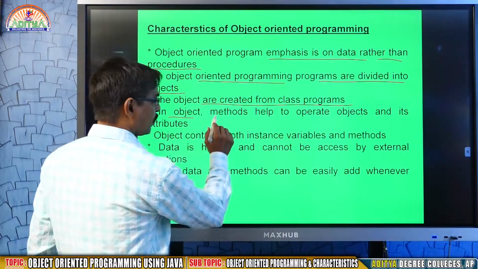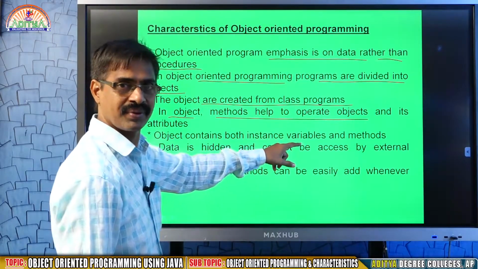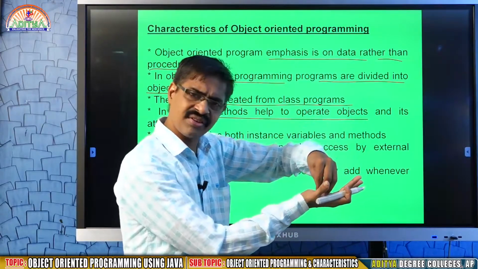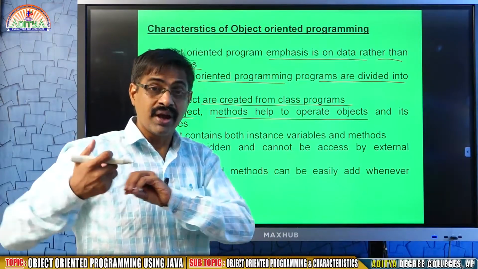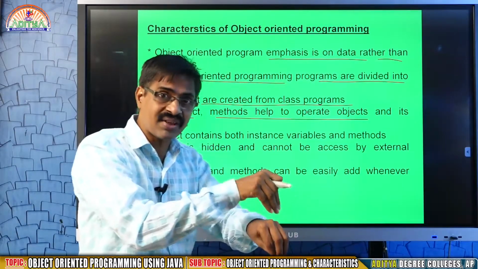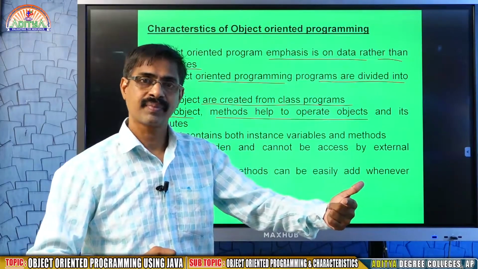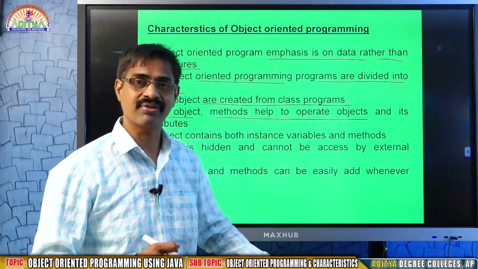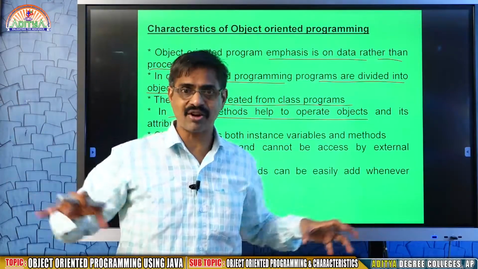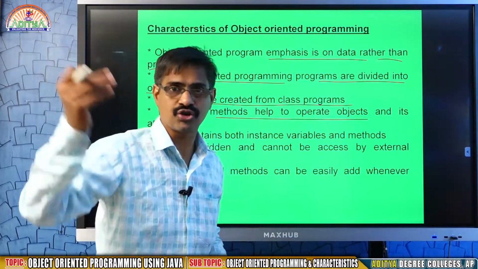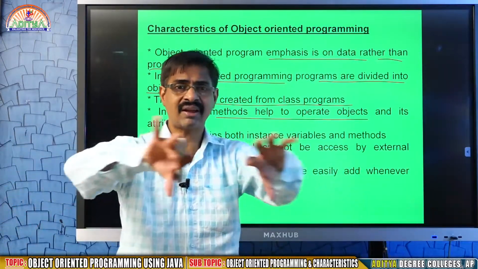In an object, methods help to operate the object. In objects, your data is inside, your methods are inside, but your data never comes out. Instead, the methods we kept inside the object are used to operate our member variables or instance variables. That's why this object is nothing but your personal room. You never go out because everything is available. Every activity, methods, everything is available in my room.